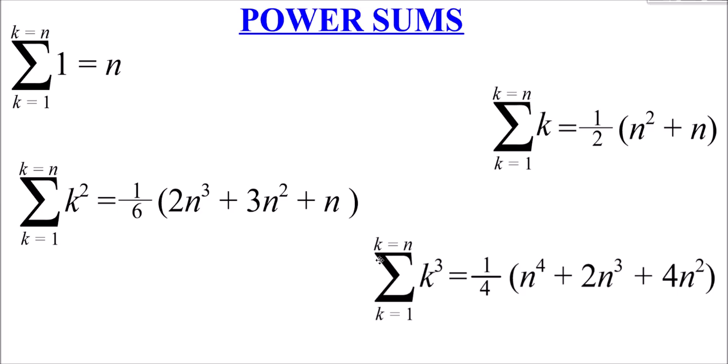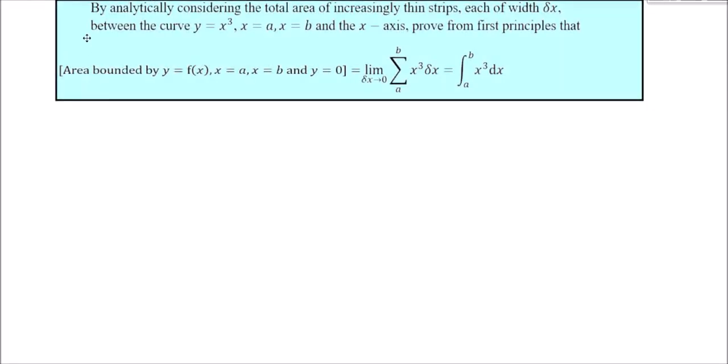Anyhow, so now we've got the raw ingredients, let's have a look at how a certain question could have looked, hypothetically, in an alternate universe which included it on its specification for A-level. So let's imagine this question coming up in your A-level exams. It might be worded something like this: by analytically considering the total area of increasingly thin strips, each of width delta x, between the curve y equals x cubed, x equals a, x equals b, and the x-axis, prove from first principles that the area bounded by those 4 lines,